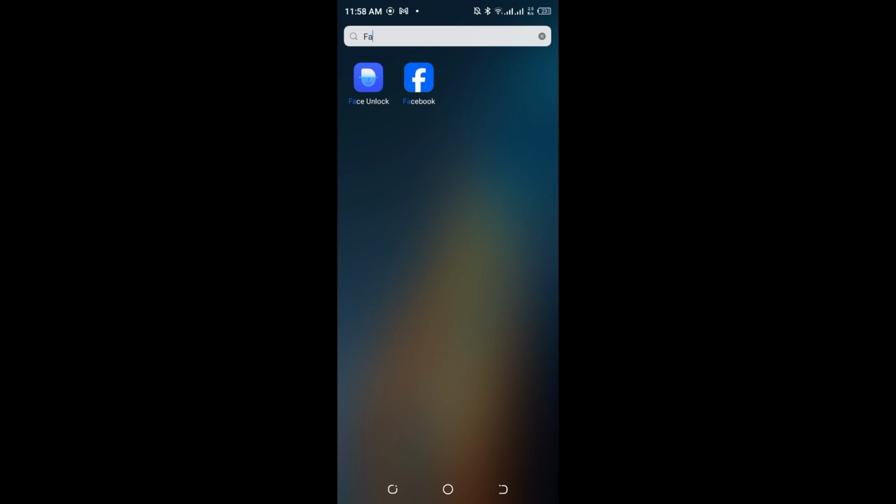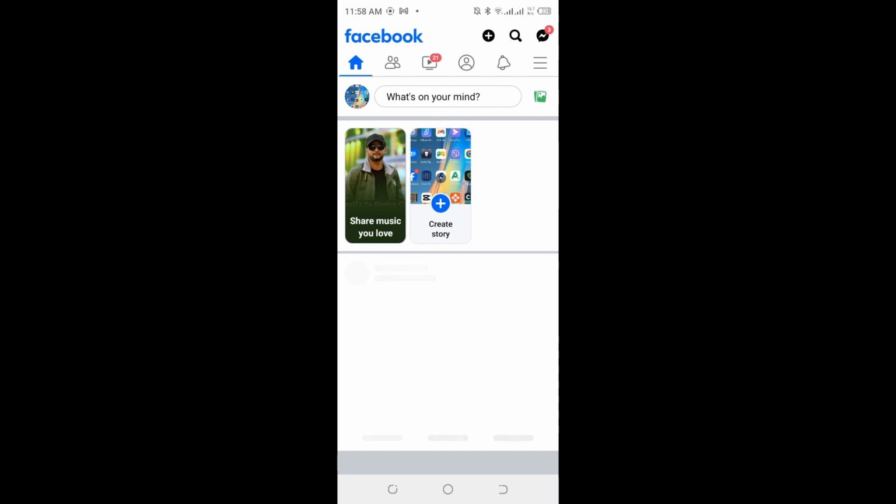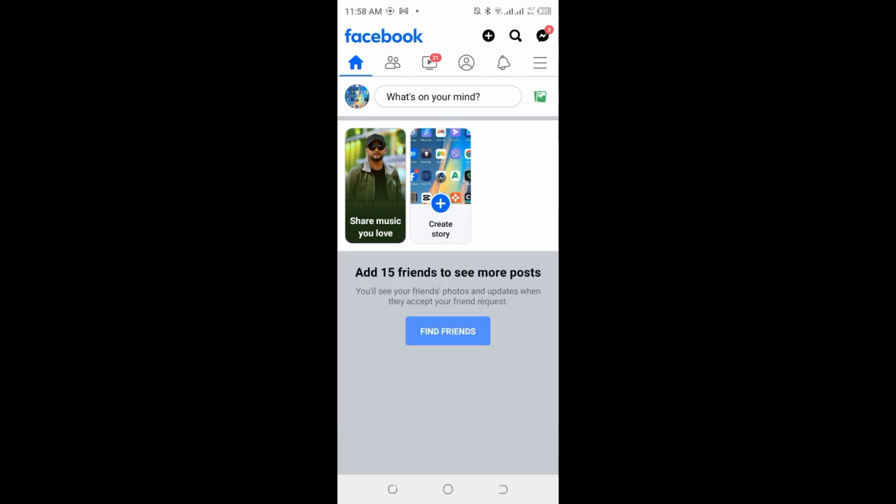Today I'm going to show you how to add feature photos on Facebook. So first we have to open our Facebook app, or we can also open our Facebook homepage. Simply tap on it and we just open it, and first we have to go to our profile. To go to your profile, you have to tap on your profile picture, which is just above left corner,